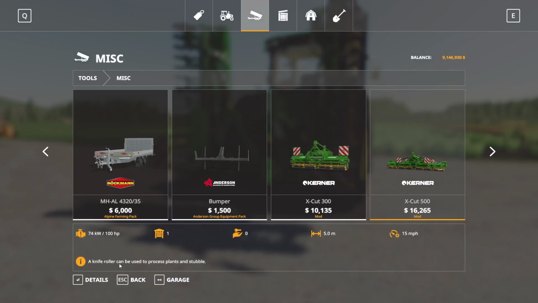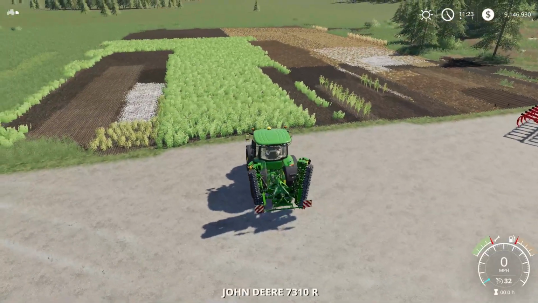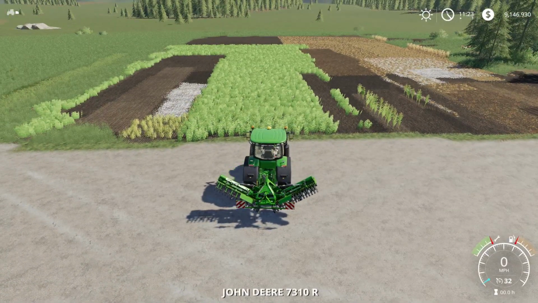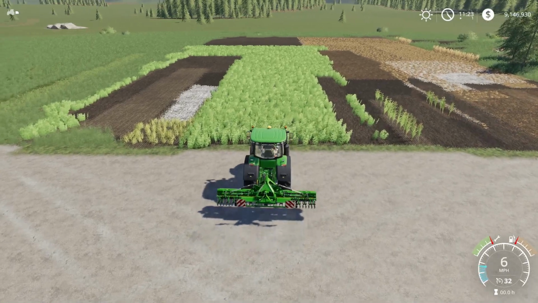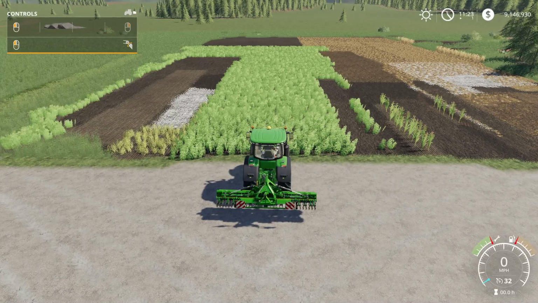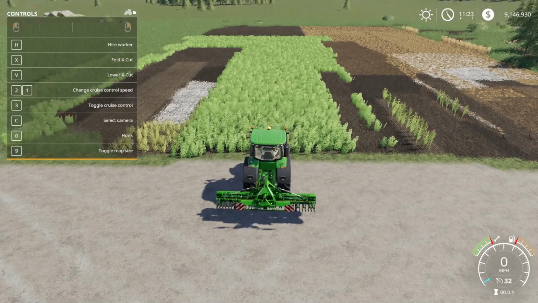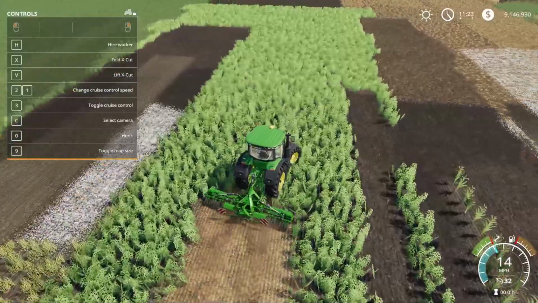Now it says a knife roller can be used to process plants and stubble. I'm not sure exactly what it's going to do. I'm actually really curious. X to unfold. We'll get it unfolded. You need to turn it on at all? Nope. I can adjust different aspects of it if I want to. But if we lower it down, is it just going to cultivate, or does it just...